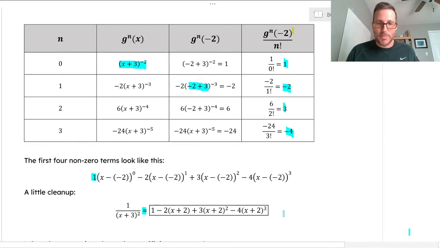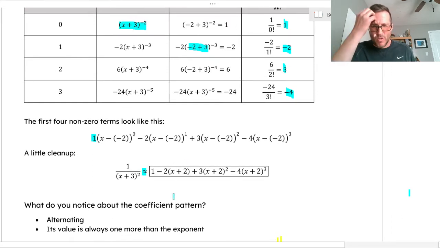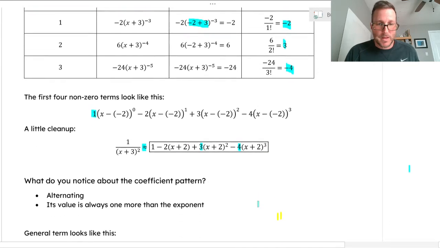So you can probably see the pattern there, but let's see if we can notice a few things. What do you notice? Well, it was bouncing back and forth, positive to negative, and it just went up sequentially, right? From 1 to 2 to 3 to 4. So that's really all we've got to do. That coefficient seems like it's just going to be 1 greater than the power. So if we start the power at 0 and then go 1, 2, 3,